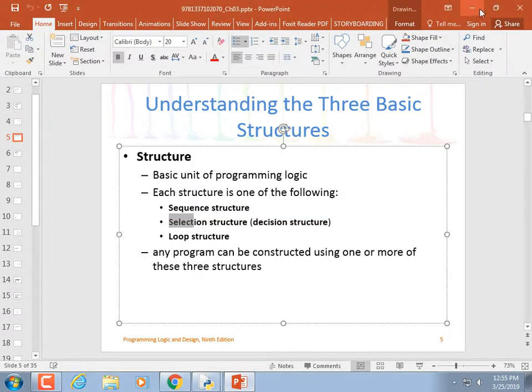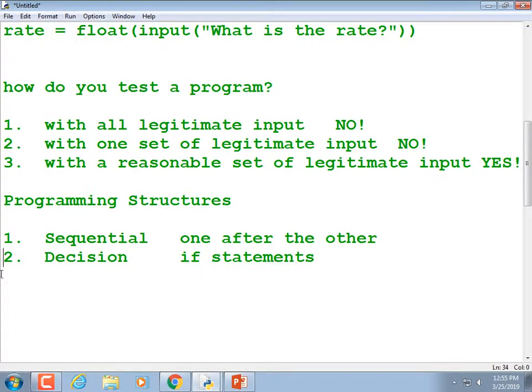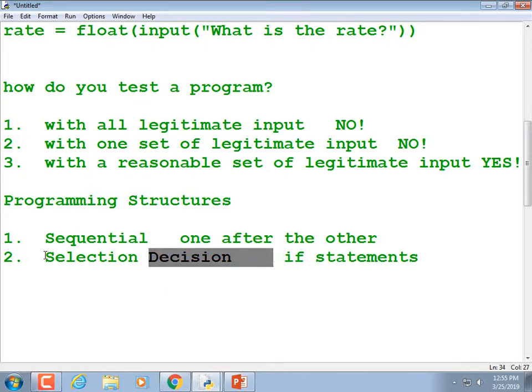I think in my quiz question, I put one of them in parentheses. So, the textbook definition is selection. That's the textbook definition of the second kind. I'm going to also put decision in parentheses, or I'll just put that over here, in the description of it.